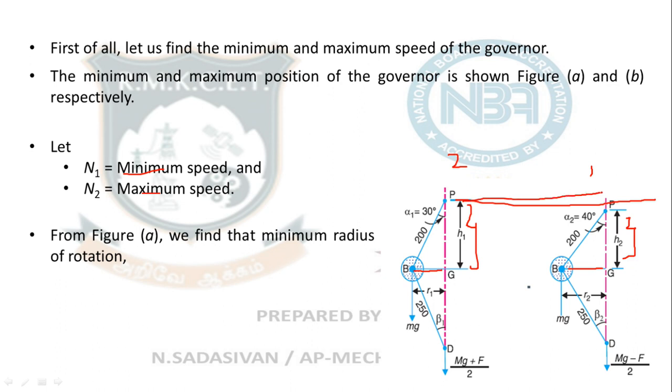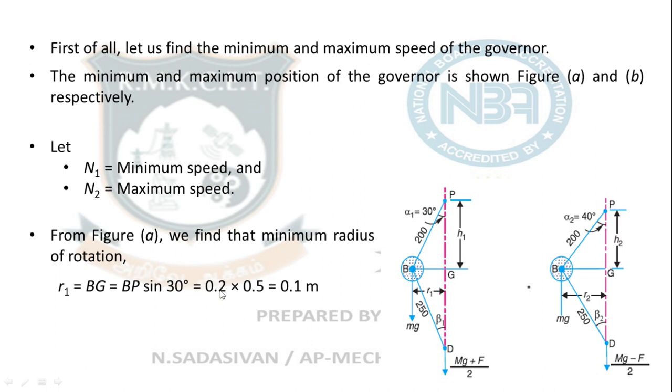Only when the speed is lower will the height be larger; they are inversely proportional. So this is the lower speed and this is the higher speed. That's how I am writing here: N1 minimum speed, N2 maximum speed. From figure A, we find that the minimum radius of rotation R1 equals